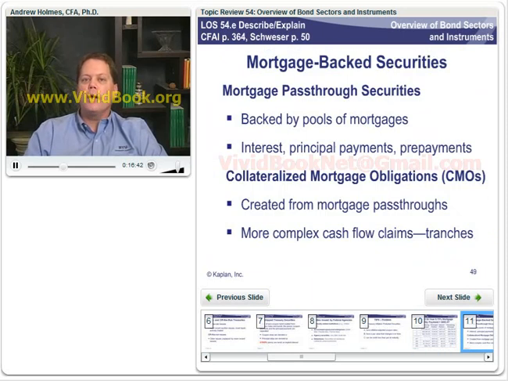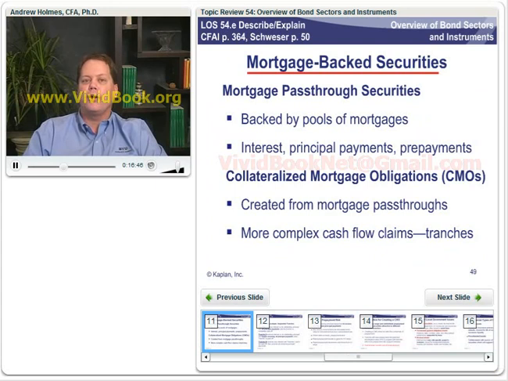And so a mortgage-backed security, the simplest kind is called a mortgage pass-through security. And here's what we're going to do. If you think of an individual mortgage, the mortgage on my house, it is an asset to somebody. It's a liability to me. It's an asset to some bank somewhere, but it's not a security, right? They're receiving payments from me, but it's not a security because you can't sell that easily in the secondary market. Why? Because every piece of real estate is by definition unique.